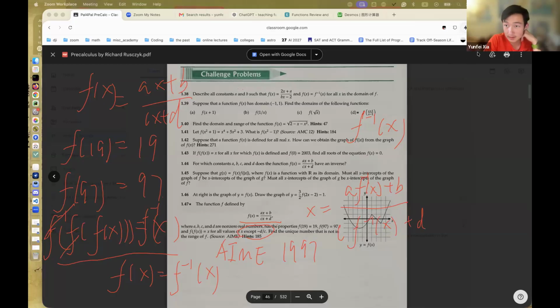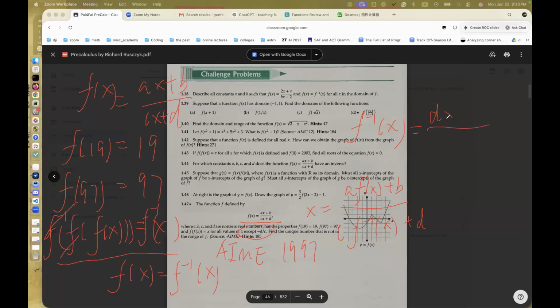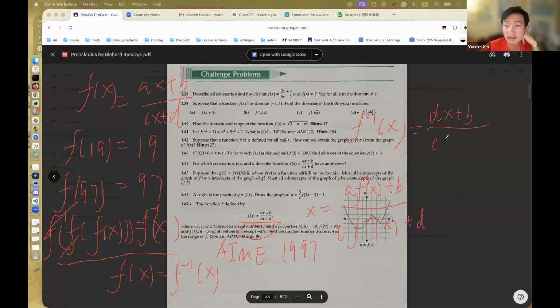But okay, give me a sec. Let me close this so I can write it down. Oh yeah, can you repeat that? What did you get? I think it's dx minus b over a minus cx. Okay, that seems about right. Somebody can verify that. But yeah, assume this is correct. So you have this is equal to f of x, which is